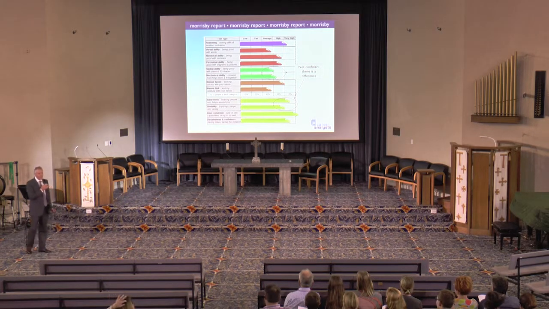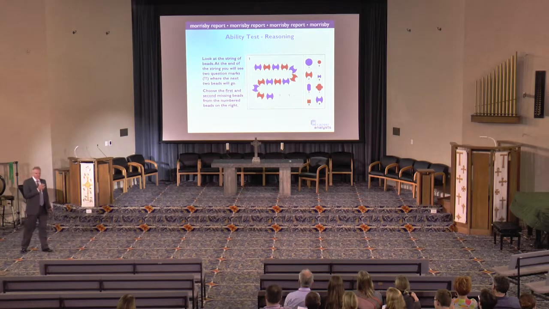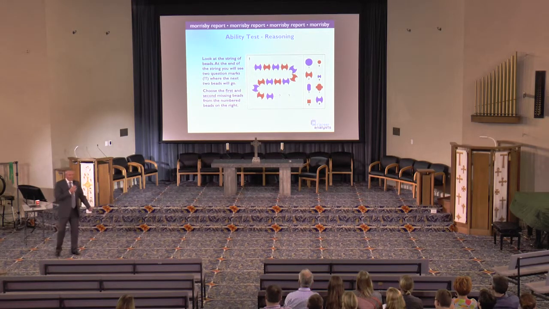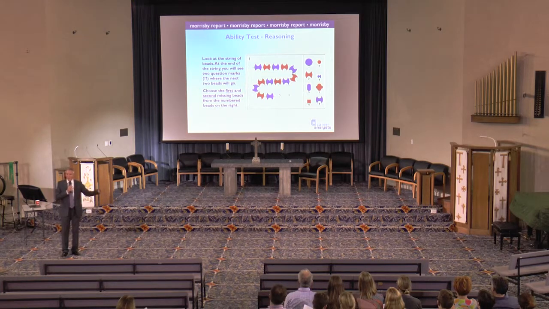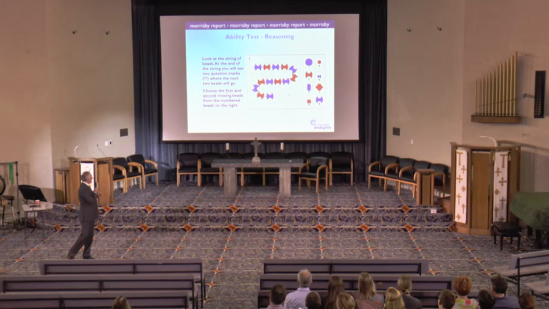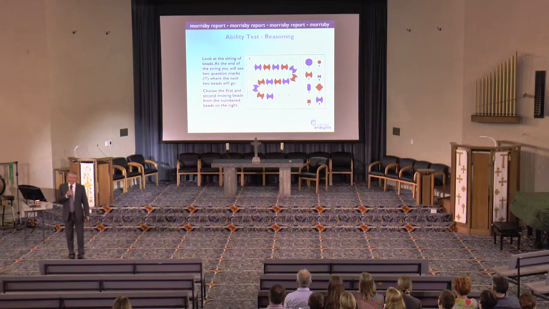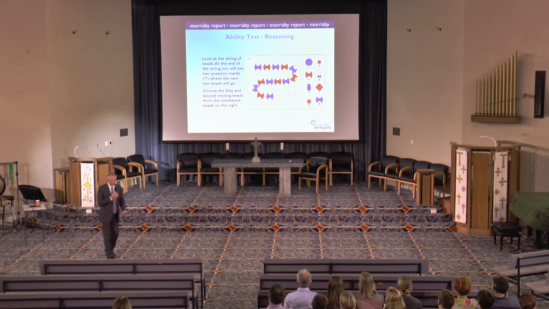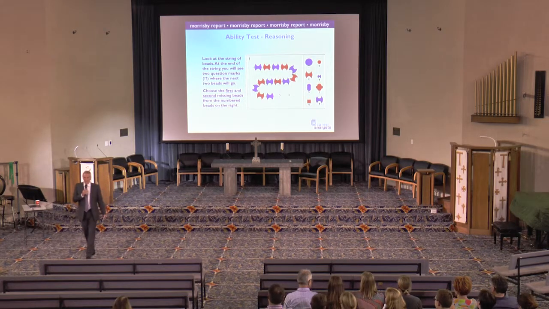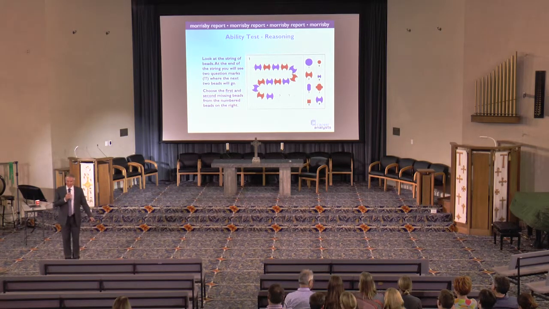Okay, that's the only technical thing I wanted to cover tonight. Now, what sort of tests are we talking about? Well, this was the first test and also the longest at 30 minutes. There is a string of beads with 2 missing at the end. You have to work out the pattern, get the next 2, choosing from the 8 on the right. This is easy, but they get really hard. You add in more colours, size and shape, and it becomes a very complex task to work out what comes next. It's a measure of abstract reasoning or fluid intelligence, depending on the model of psychology you work with, and I'll talk more about this a little bit later, but let's call it abstract reasoning.